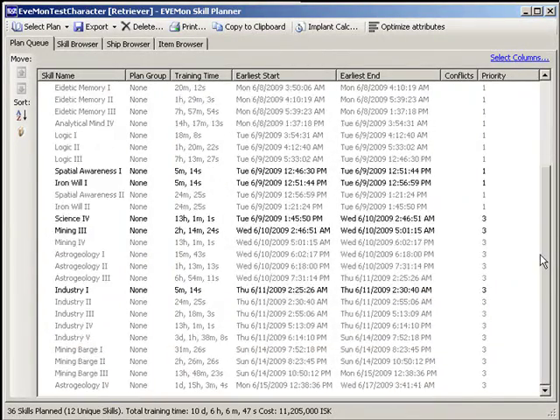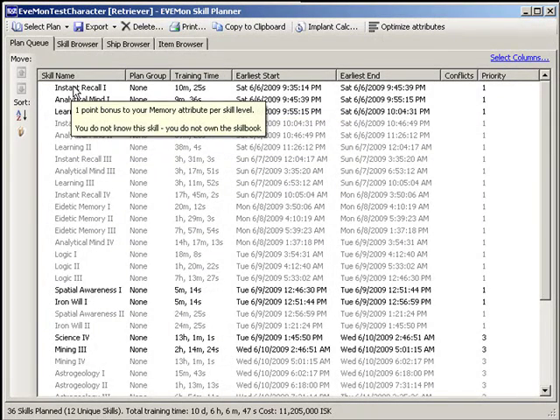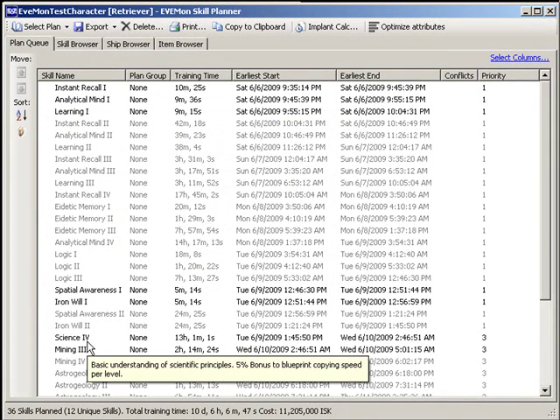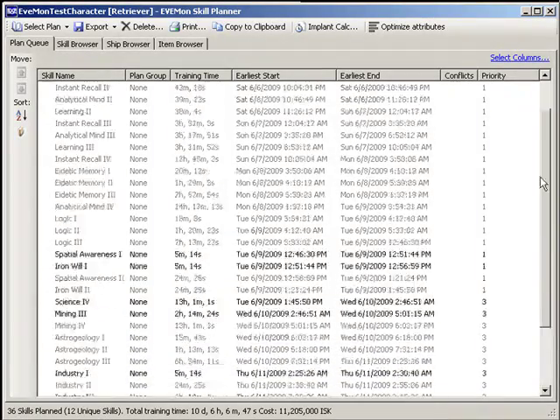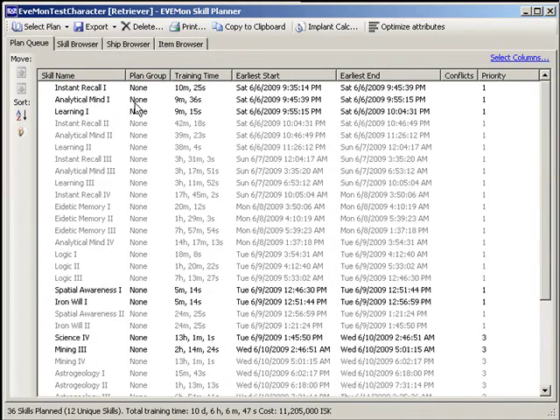And then this would be your current plan, and you would put these skills in your training queue according to this plan in this order. Now this is just to pilot the ship. If there is other equipment